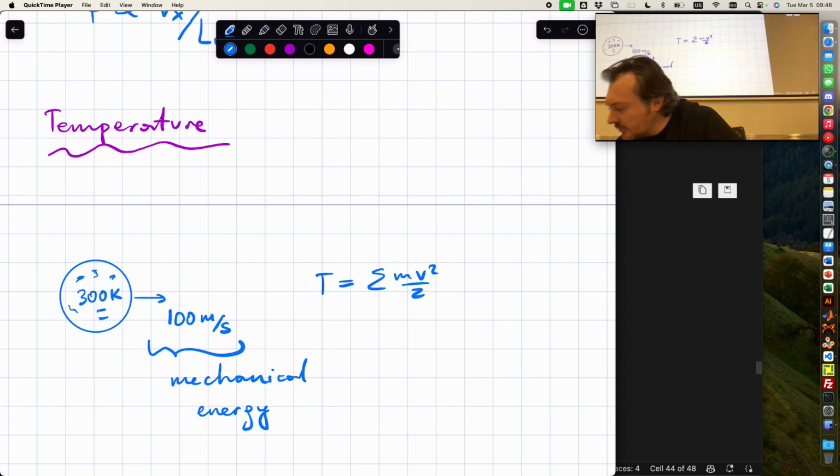Okay? We should write v minus v center of mass squared. That's what I'm trying to say. So that's what I'm doing now in this